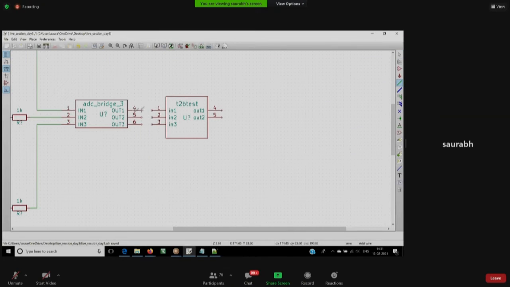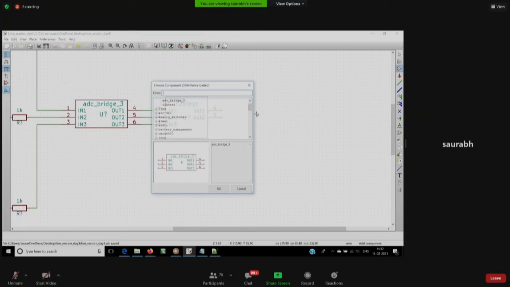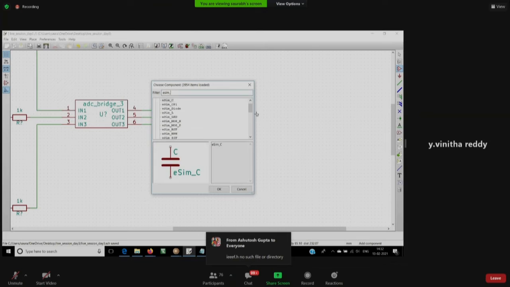Now we connect the wires, we connect these two blocks. As you can see, these are not connected. Now we have converted this signal coming from the comparators to digital domain using this ADC block. Then it will be fed to the digital block, this T2B test, which is a thermometer to binary code converter. And we will bring it back to analog domain again by using the...